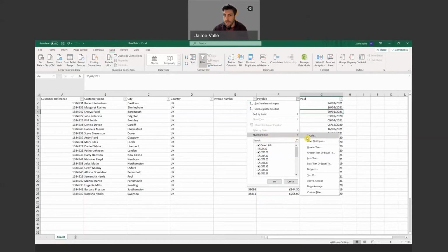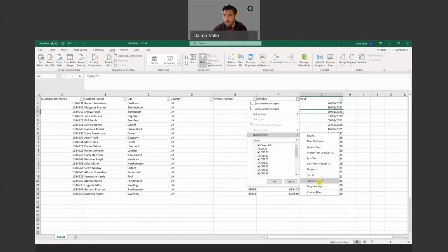As you can see, I can filter only those entries that equal something in particular, or do not equal something in particular. Is greater than, greater or equal to, less than or equal to, something in between, which is the combination of those two, is greater than and less than something else.